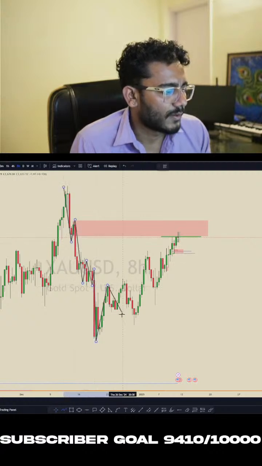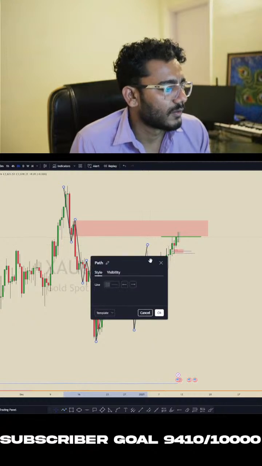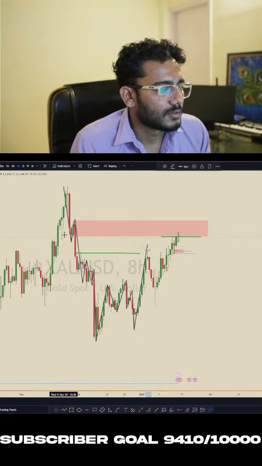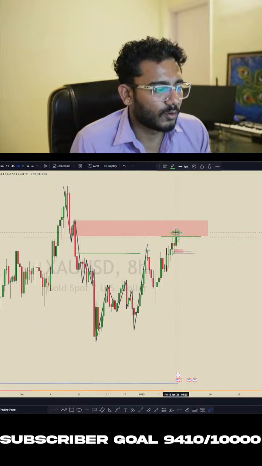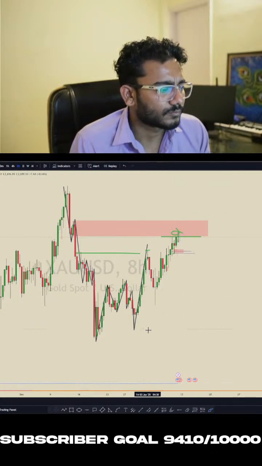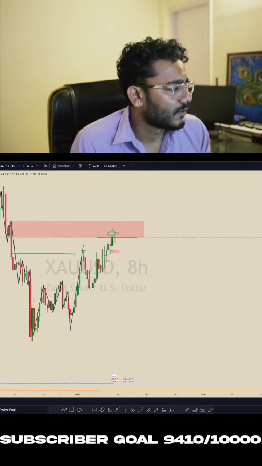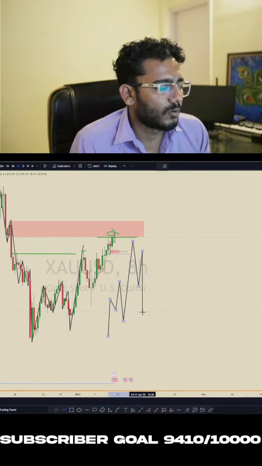So here price created this low, then this liquidity was swept and price created this high. Now this is a confirmation that price is going to the upside. It will tap this order block. We don't know if it will continue the downside or not, but we know that price is going to the upside. So we have to look for a 50-minute structure which is inducing the lows and then breaking the structure. Again, we look for entry. This way the order block will be our entry.